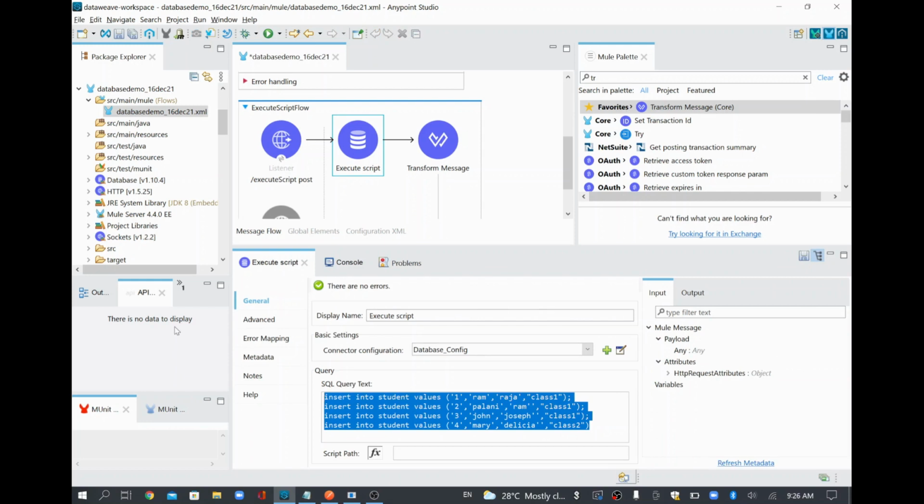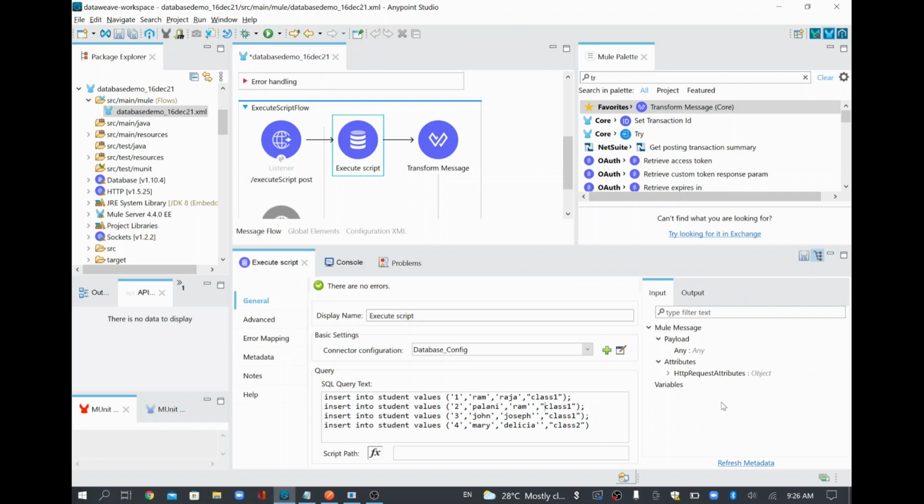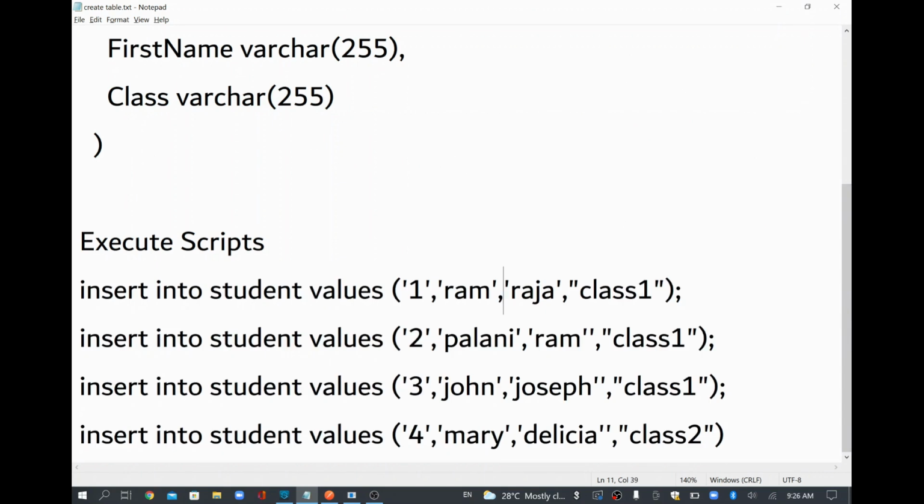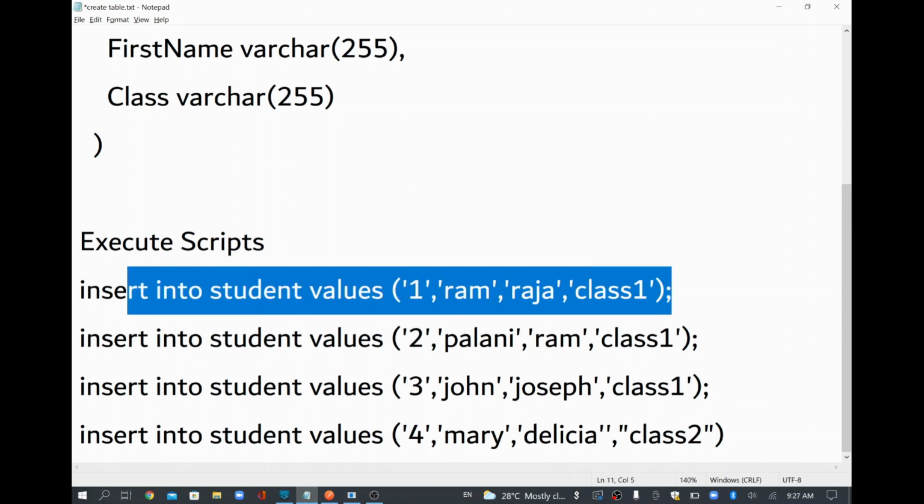Now the main error will be in this execute script. It's saying there is some syntax error here. After RAM there is a single quote and single quote, right? I think when I copied, somehow, okay, so I'll correct it in Notepad first. Earlier, everywhere I gave single quotes, but for the last column I gave a double quote. So I'll remove that and correct the syntax error. Basically we are going to give 4 columns in each query, inserting all these values into one record, so each one will go in as one record.